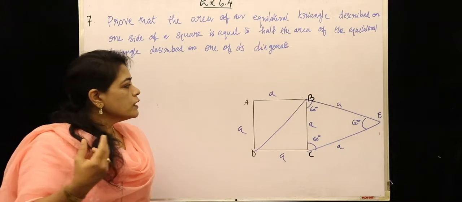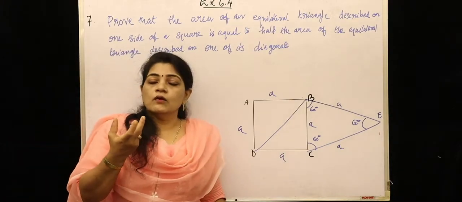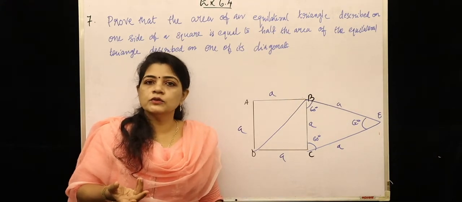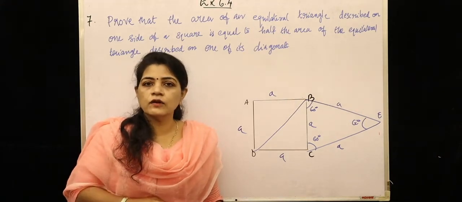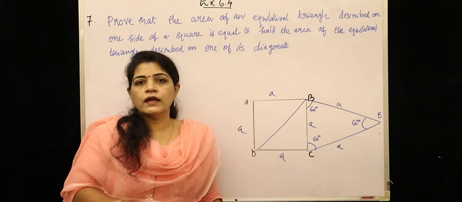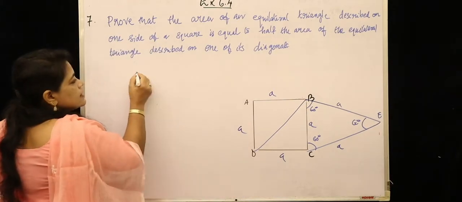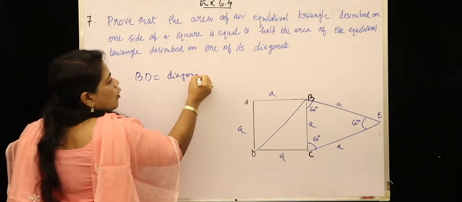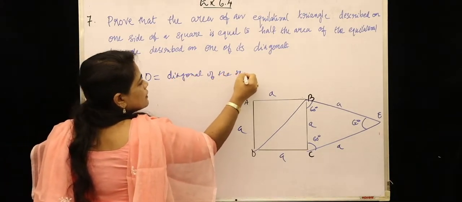See children, what is the length of the side of the second equilateral triangle? That will be equal to the length of the diagonal of the square according to the question. That means BD, since BD is the diagonal of the square